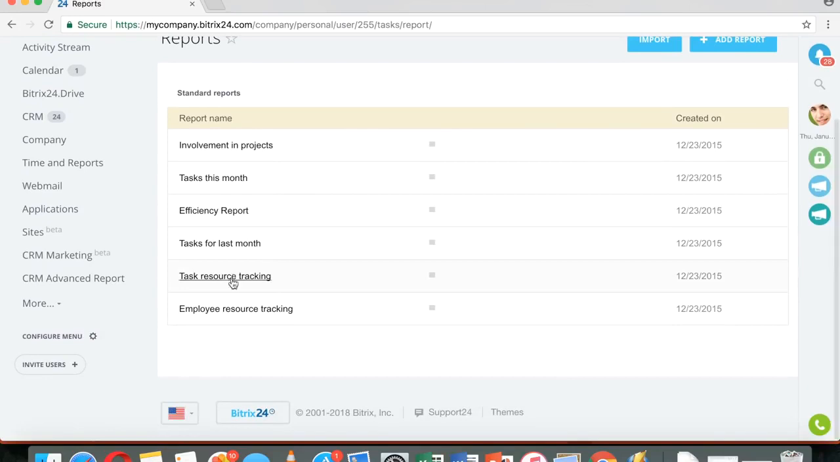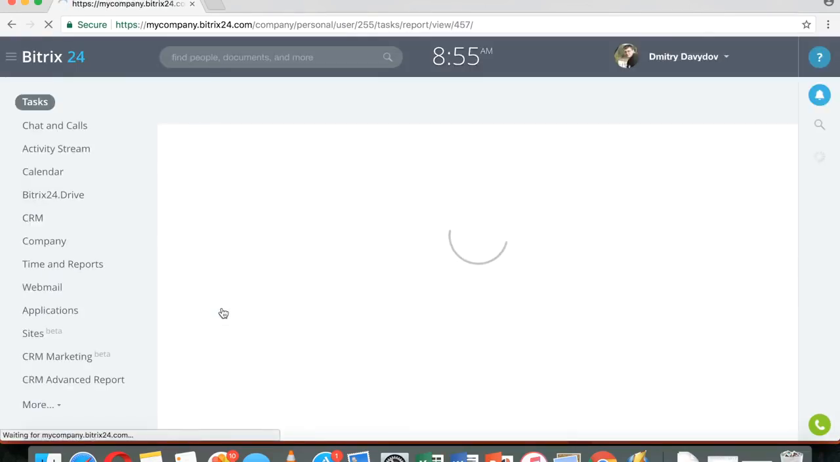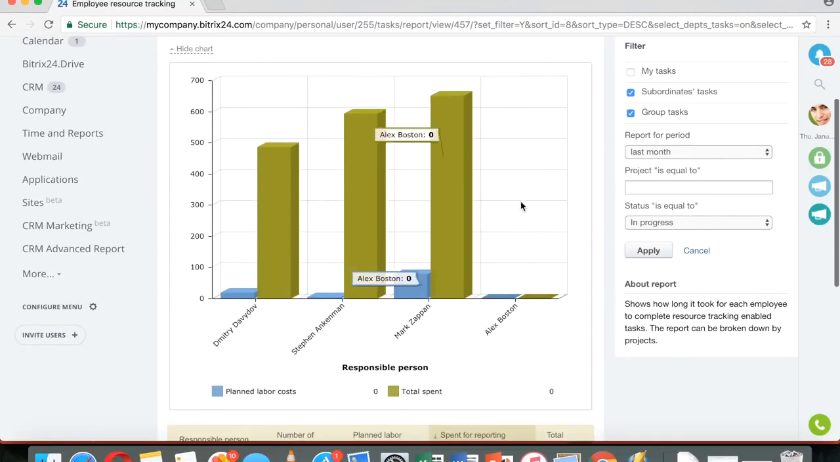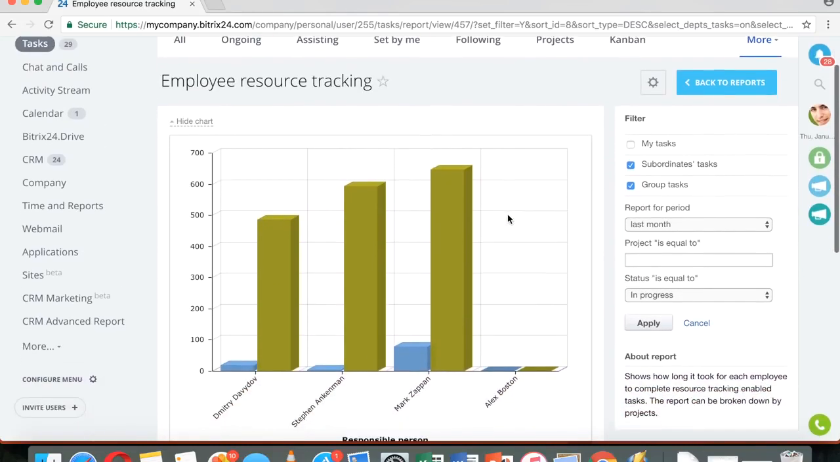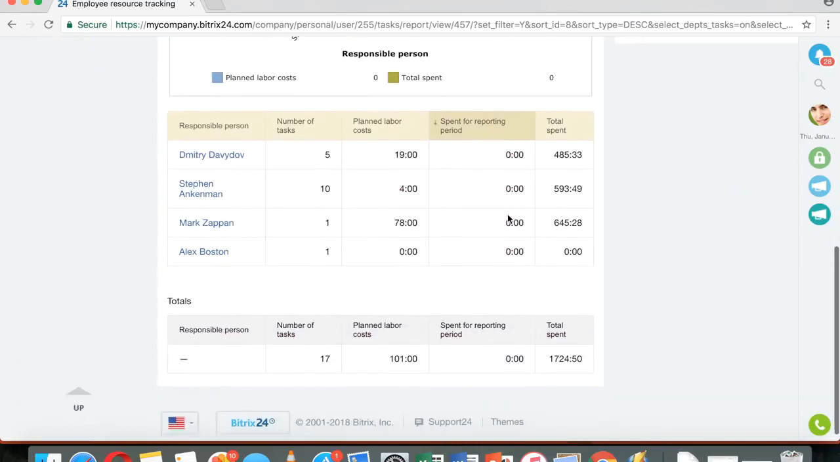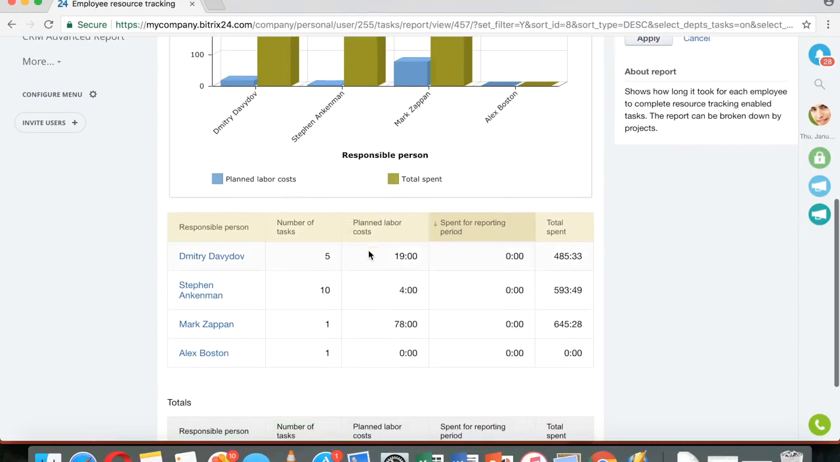I did want to show you the employee resource track and workload management graph. Remember, I've mentioned that you can enter how many hours are planned for the task or the project and then track how much time was actually spent. This is where it's done. Google Bitrix24 employee workload management and you will find a blog post article about this. But here I can see that for myself, 19 hours were planned and I've actually spent 4 hours,